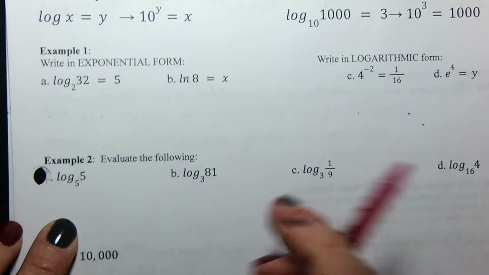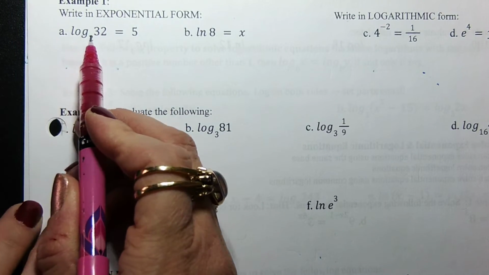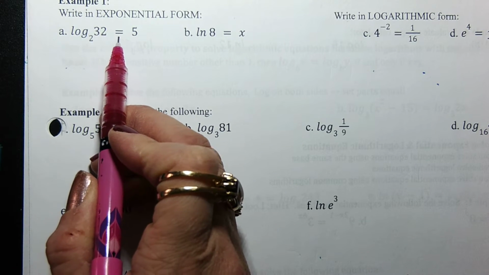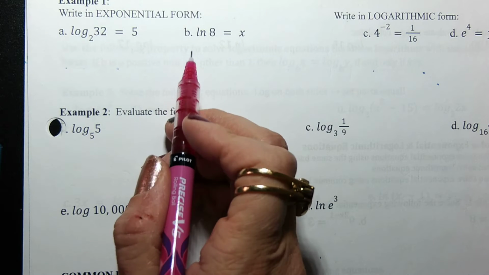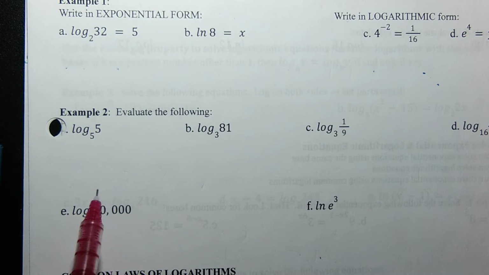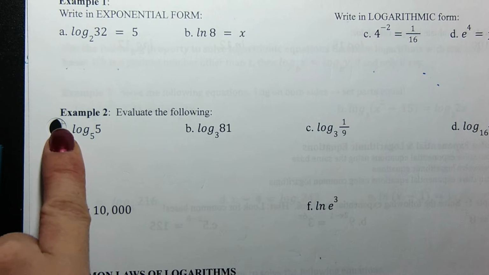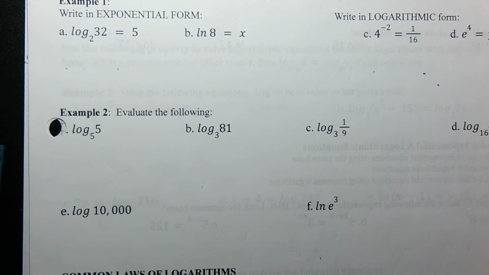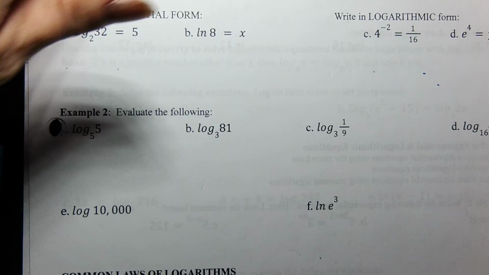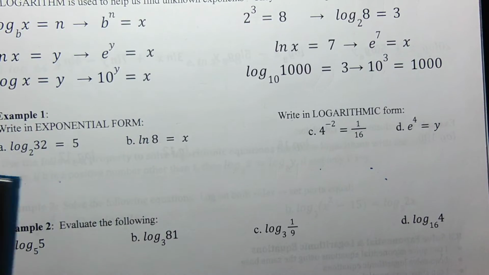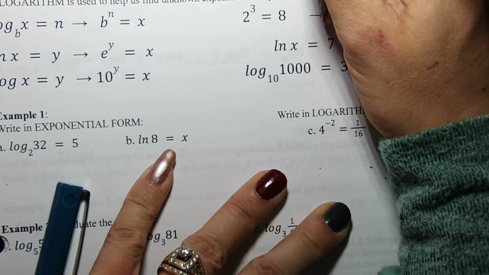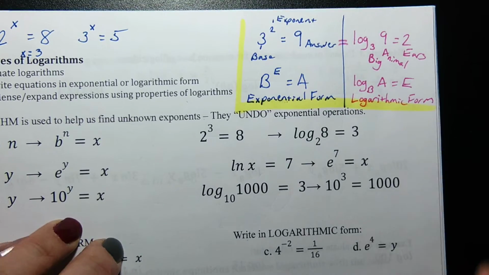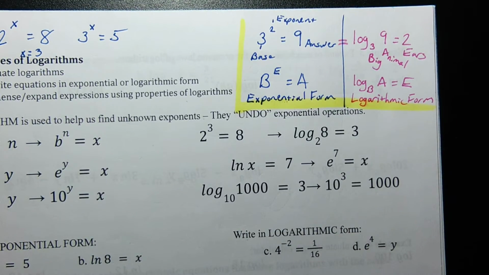Let's try another one. Log base 2 of 32 equals 5. Ooh, what's this one? That's called a natural log. More on that later. So log base 5 of 5 will be equal to something. So big animal ears is going to be our strategy for organizing the parts of exponential form in its corresponding